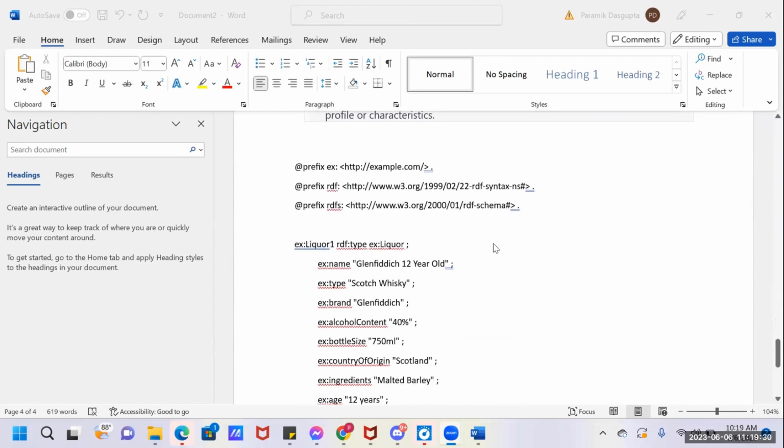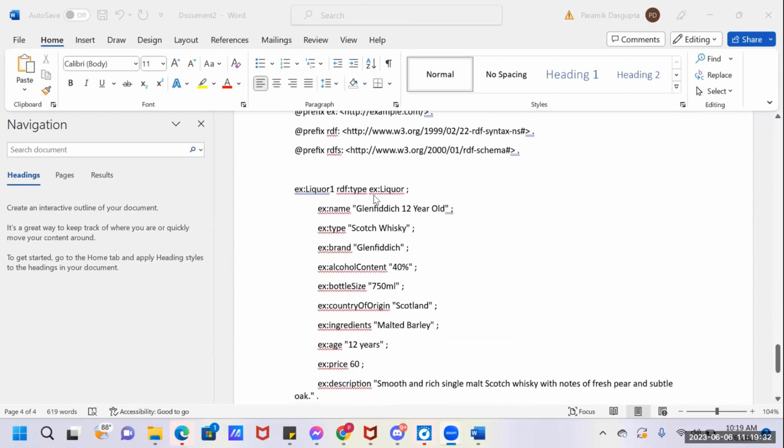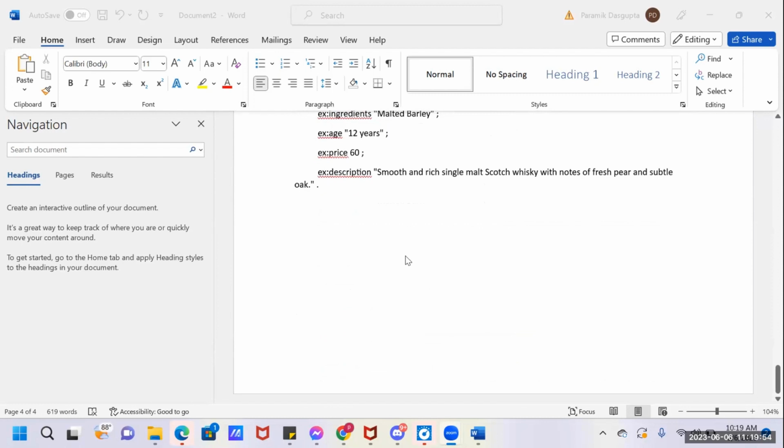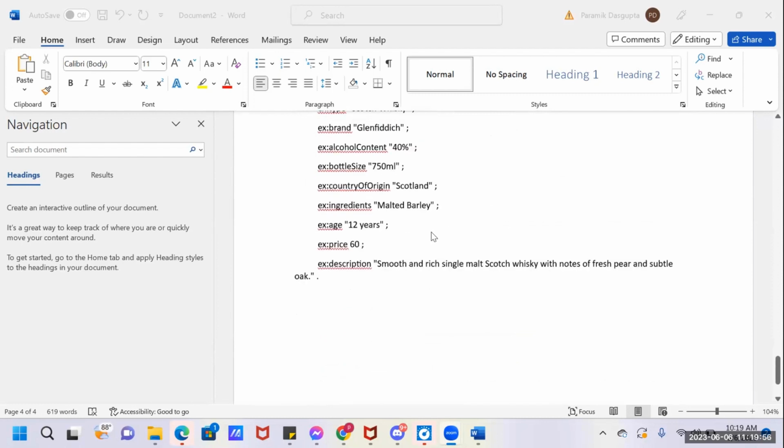So it's like we are taking the RDF, like type is the liquor, and the name is Glenfiddich. It's a Scotch whiskey. The brand is Glenfiddich. The alcohol content is 40%. The bottle size is 750 ml, and so on and so forth. So not sure whether this is how it should be done, but